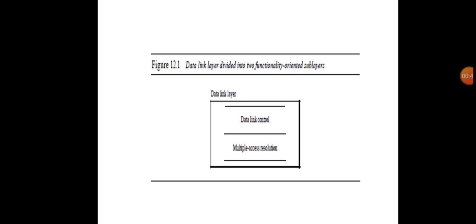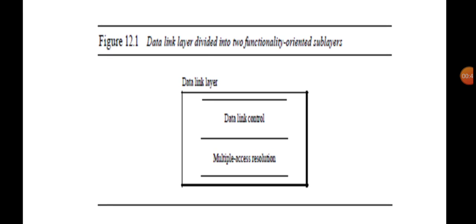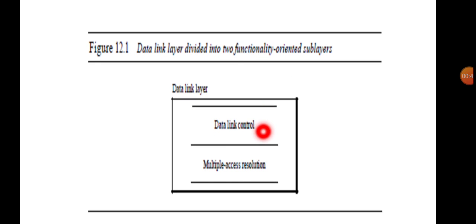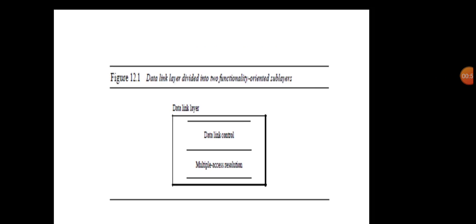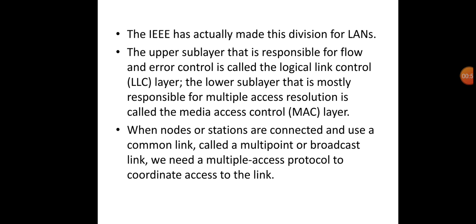The data link layer is divided into two functionality-oriented sublayers. The first one is data link control, and the second one is multiple access resolution. The IEEE made this division for local area networks. The upper sublayer, which is responsible for flow and error control, is called the logical link control layer, that is, the LLC layer. The lower sublayer, which is mostly responsible for multiple access resolution, is called the MAC layer, that is,